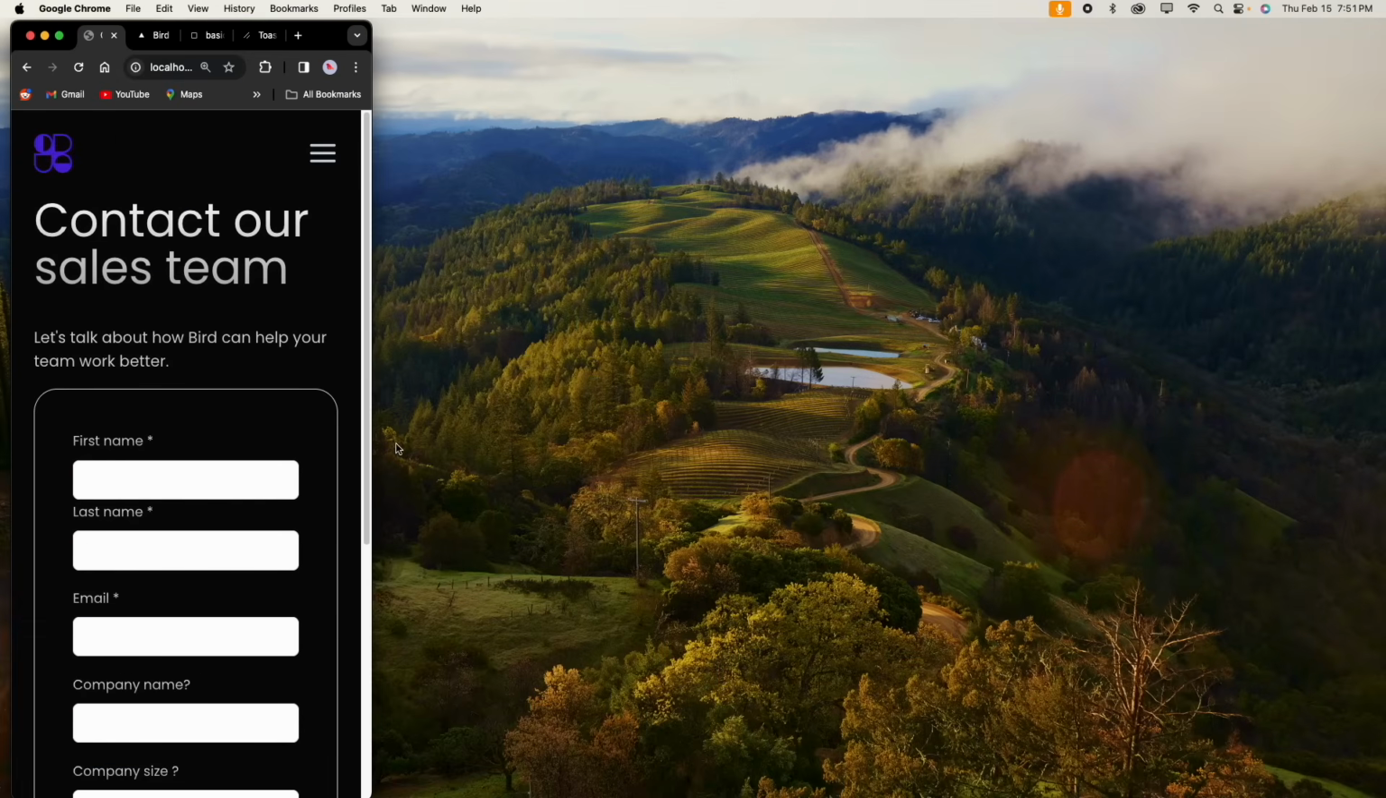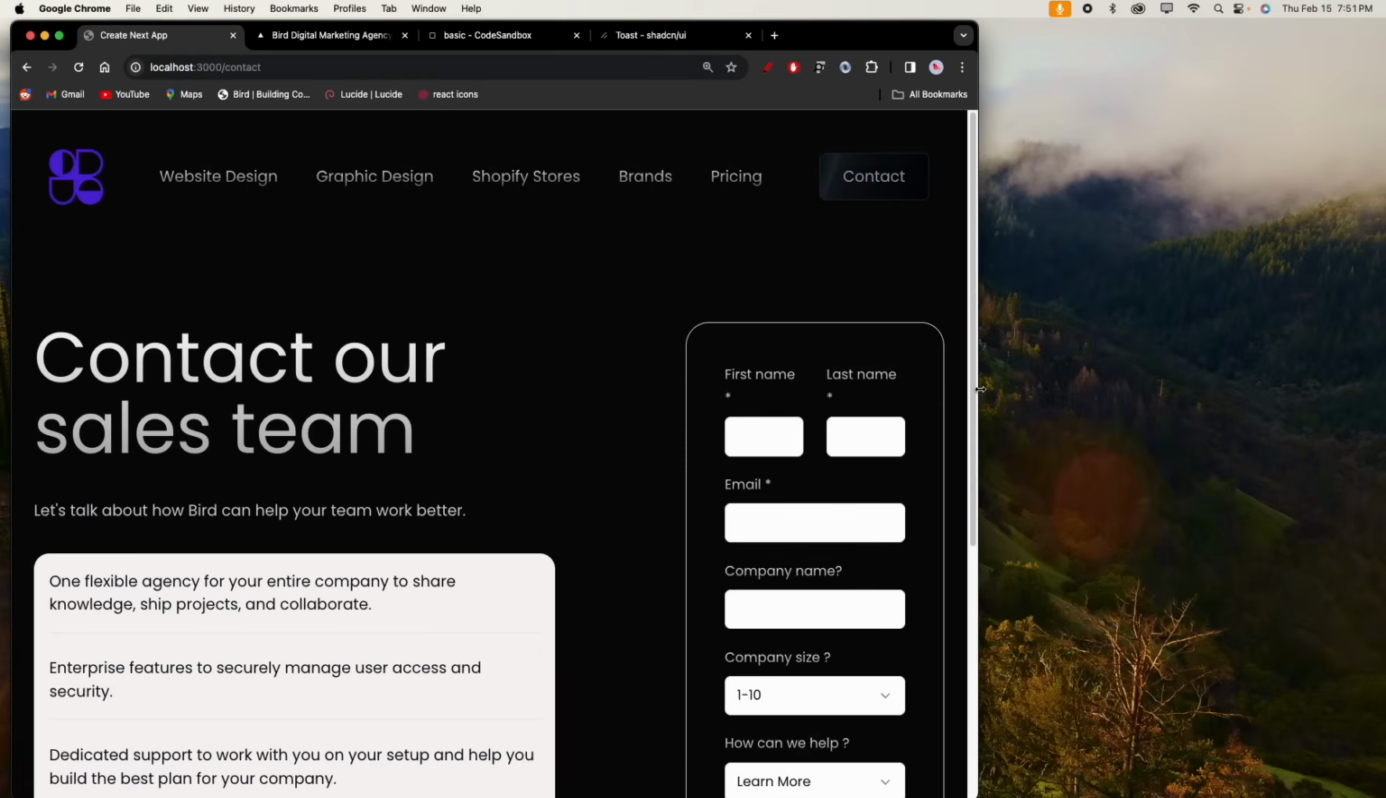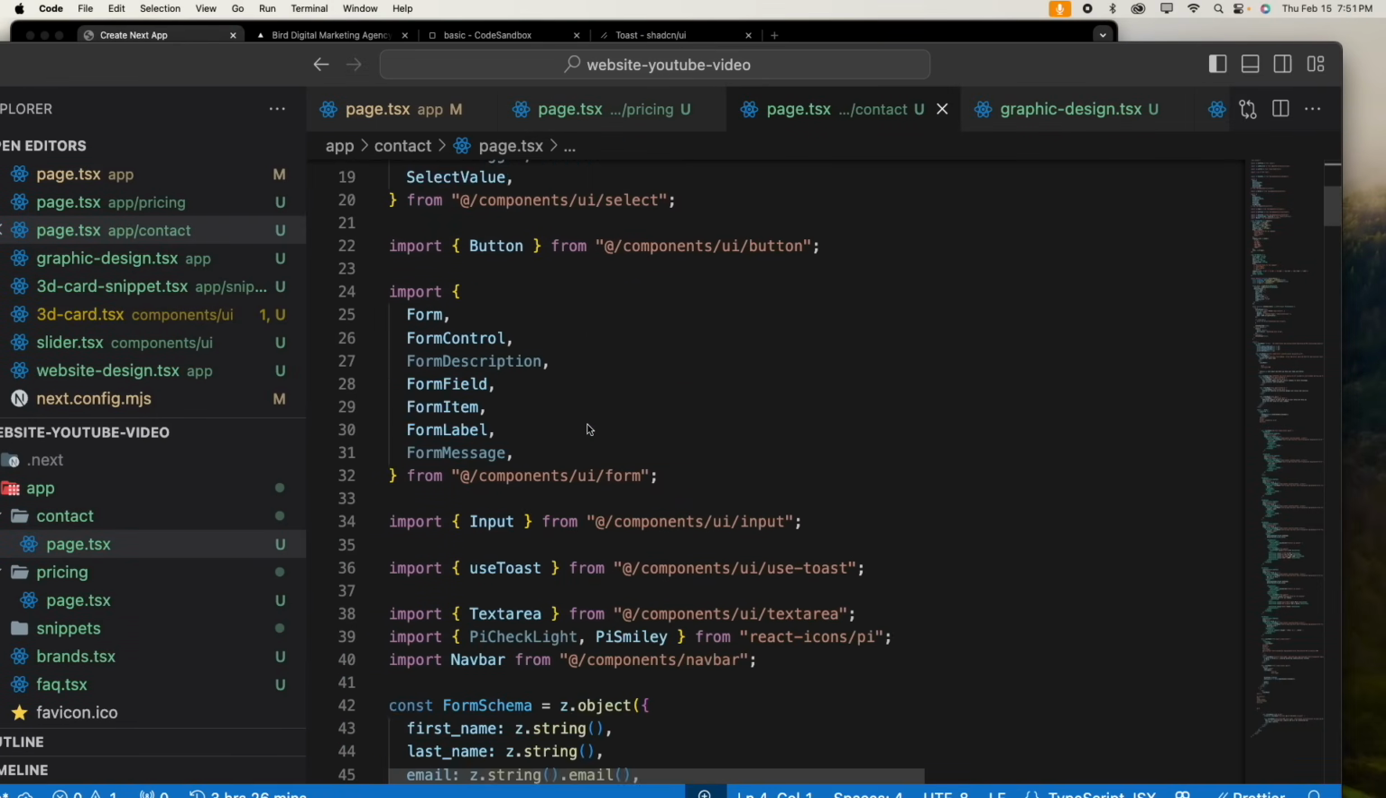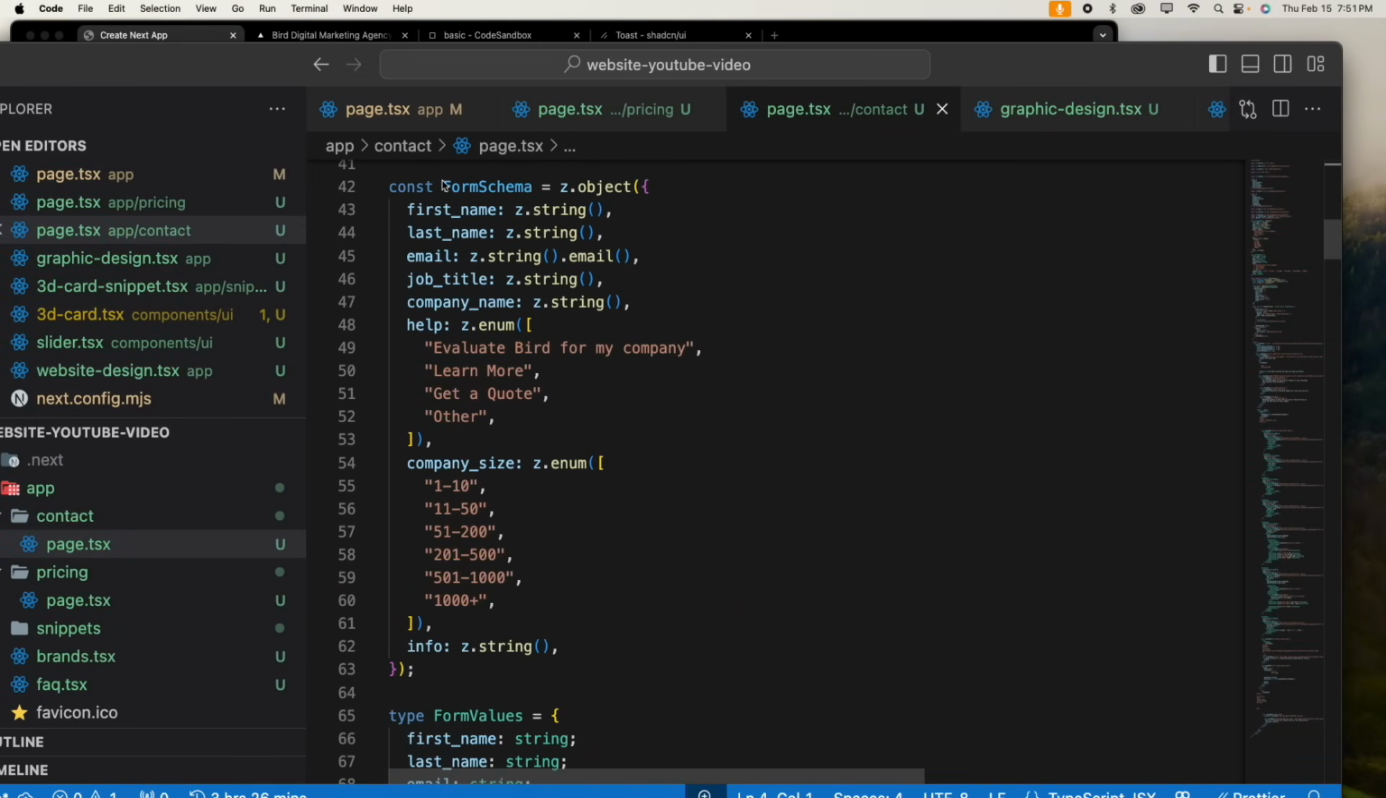This is what it looks like when you're on another screen. So in this case, let me see. Okay, so I will explain what's going on. Here I'm creating a form schema, so I'm saying that these are the values that I want to be